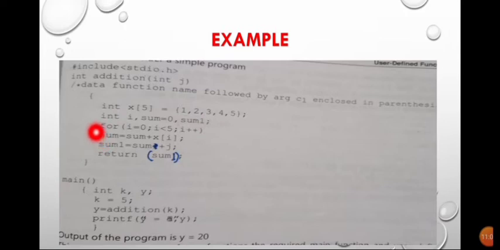Now next we are going to use a for loop, and I think you are familiar with the for loop now. For loop, the value from 0 to 5, which will be increased by 1, means the value will increase like this: 0 1 2 up to 5. Now see here, sum is equal to sum plus x[i].